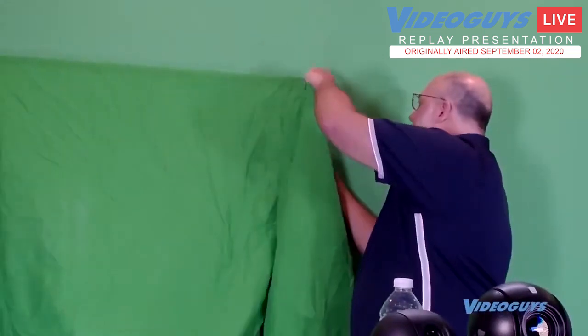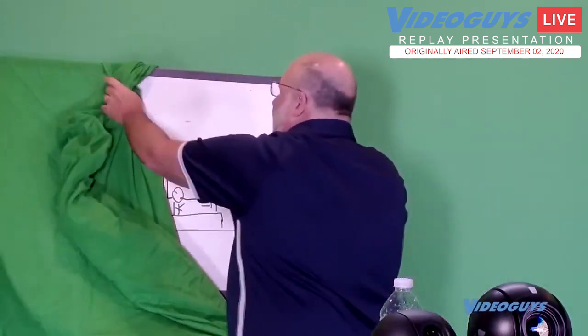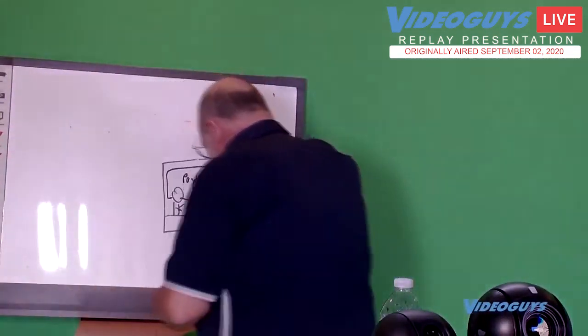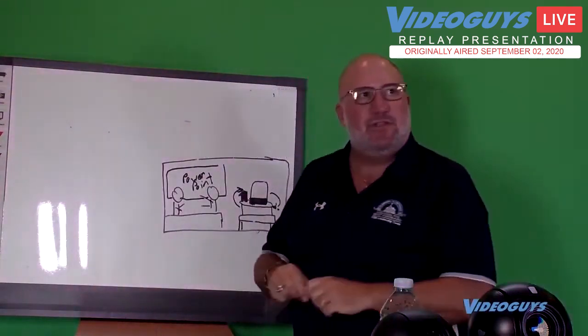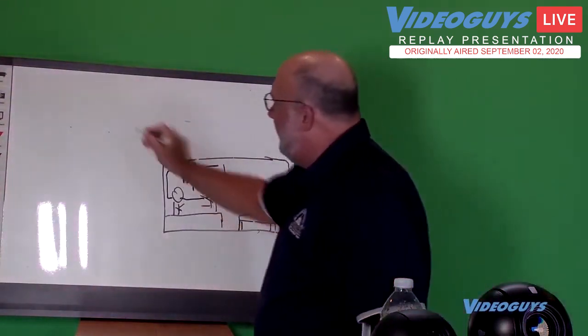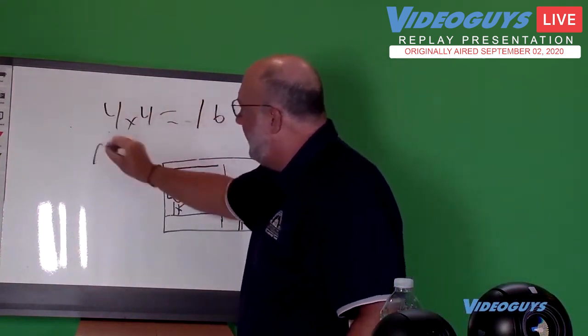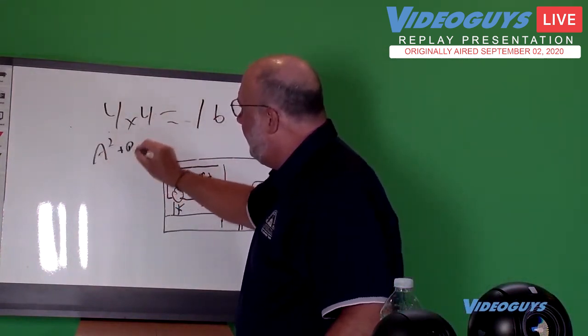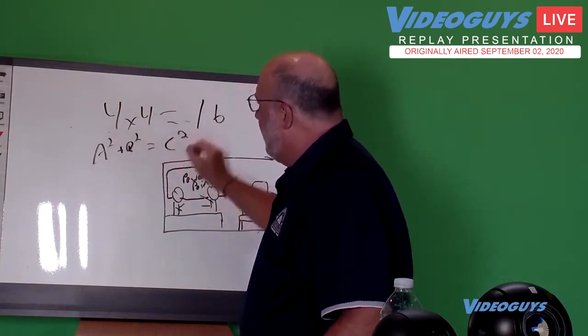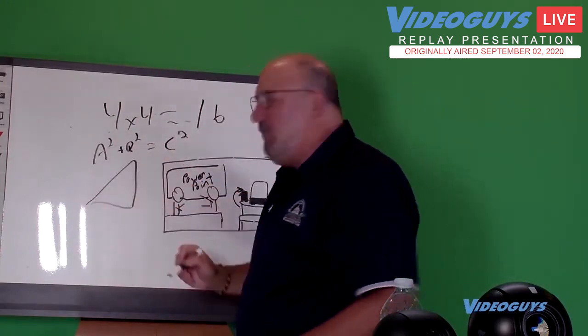But let me show you the real cool part of what you could do with this. We're going to have this camera go to a different preset. Let's say I'm going to my chalkboard or my whiteboard. And let's do that. Oh, what do you know? We just happen to have a whiteboard right here that we're going to use for this demonstration. So now I'm here, and I'm just like a normal teacher. So I'm going to say 4 times 4 equals 16. A squared plus B squared equals C squared. We can go over anything we want